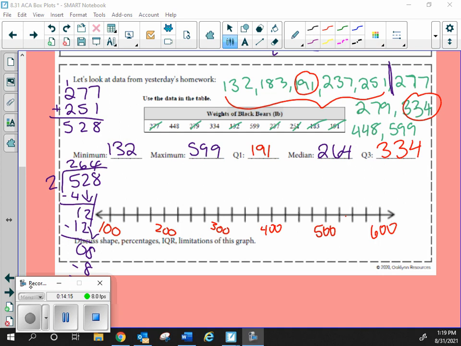All right, so I'm going to plot these 5 points. Okay, so when I plot the numbers, I'm going to plot the dot above the number line. You'll see. We already said that each tick mark is going to be how much? 25. Okay, so if I'm going 132, I need to go 100. This is going to be 125. It's going to be sort of in the middle. Okay, so notice again that I'm putting it above the number line. I'm going to plot 599. That's going to be right before 600. Again, it's going to be above that number line.